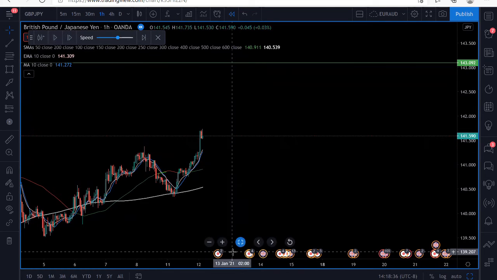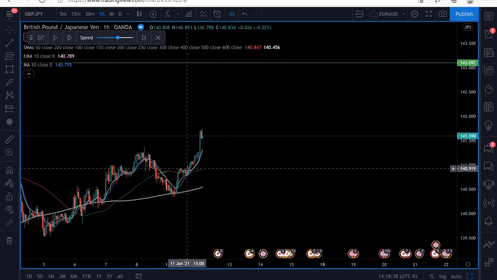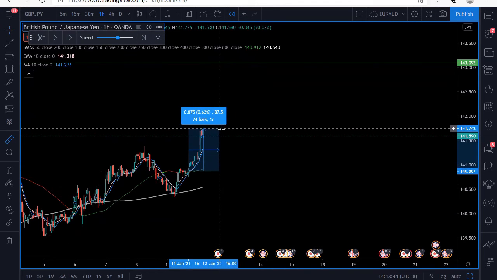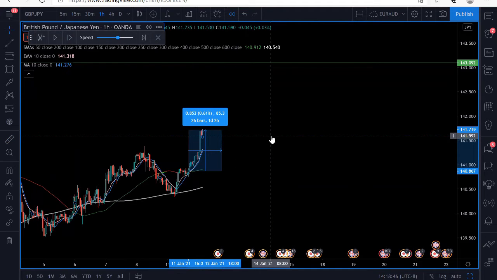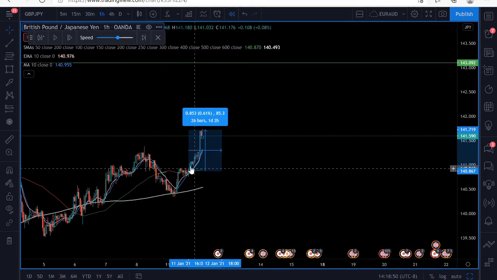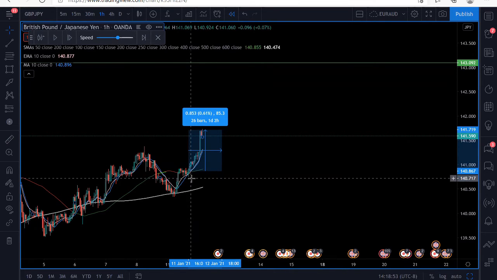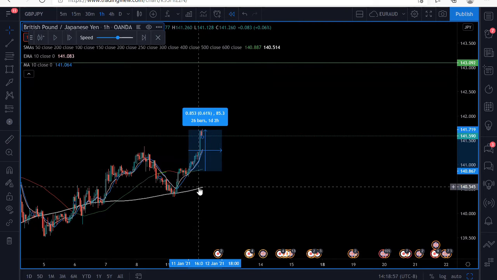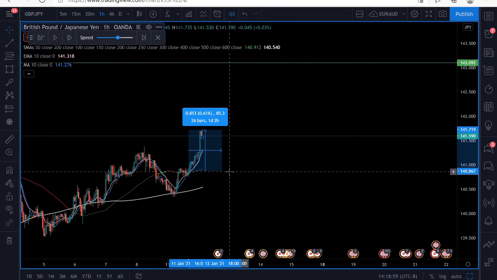Boom. Wow. So if you were to enter the market when you had your first 10 cross, and let's say you entered it here and you took it up for a bullish push, you could have caught 85 pips just from the fact that the moving averages crossed one another. Just the fact that you had the order of your 10, 50, and 200. Now, the thing is,